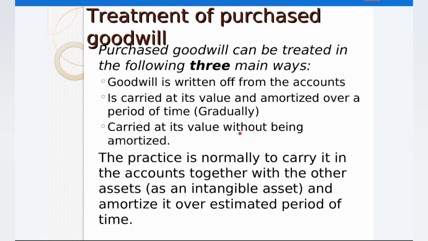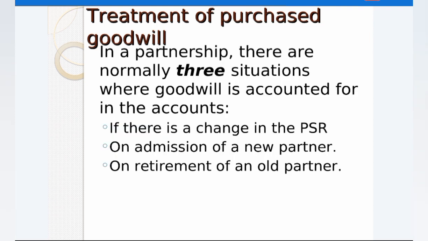What is the practice that normally happens? So the practice is normally to carry it in the accounts together with other assets and as an intangible asset and amortize it over a period of time. So the best way that goodwill will be treated is the second way. You carry it in your books and write it off gradually over a period of time. So the second way is the most important way of dealing with this goodwill. So having said that, let us see how we can